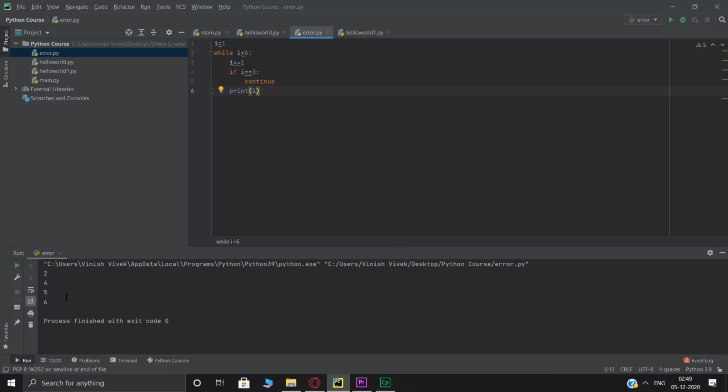So the value of i kept incrementing, and first it is already 1, and then it passed through this loop where it incremented, became 2, got printed, then it reached 3 where it just skipped it, then 4, 5 and 6 came in. So this was the continue statement with while, and that is it for your for and while loops. What I've given to you is a very basic example, and this is only so that you can understand the for and while loops better. They're a fun topic to play with though.